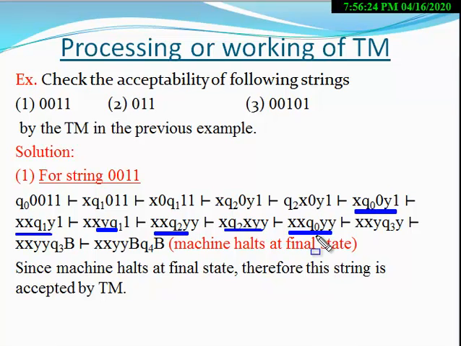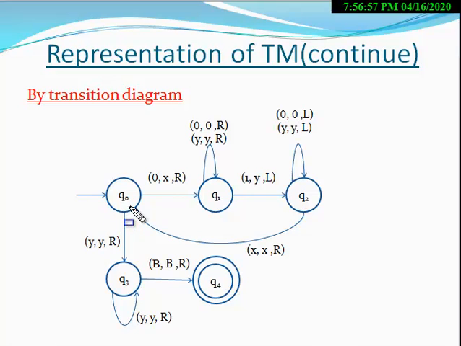Okay. Now at the state Q0, Y tape symbol appears. Now you have to check what will be happened at this case. So look in the transition diagram which transition rule will be applied here. At Q0 when tape symbol Y appears. So look here at the state Q0 when tape symbol Y appears, machine goes from Q0 to Q3 state.